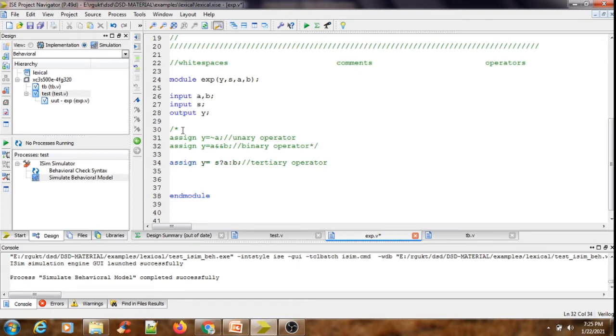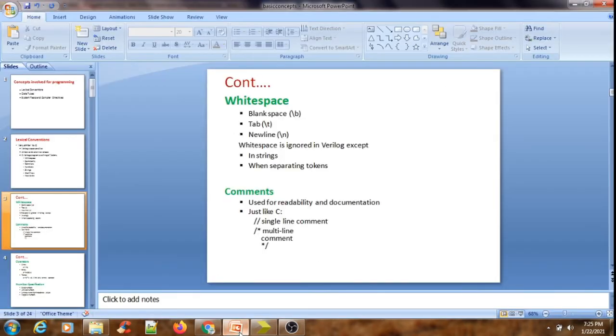If I use this kind of representation with a starting and ending, these multiple lines are kept as a comment section. This is how I am going to use multiple line comments for documentation purposes, for readability, or for understanding the instructions. So this is about single line comments as well as multiple line comments.